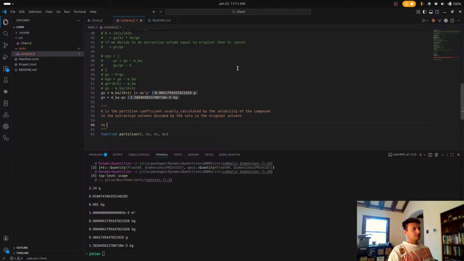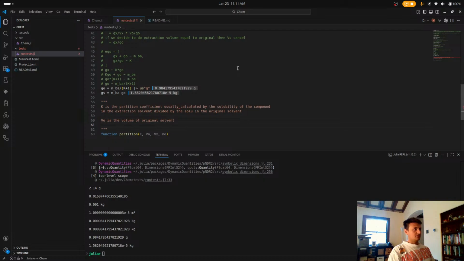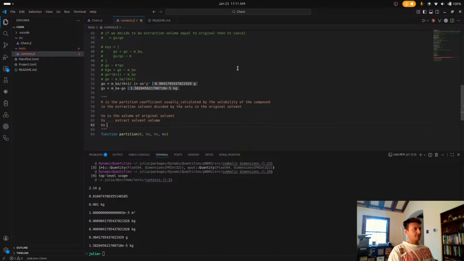VO is the volume of original solvent. VX is the extract solvent volume. MO is the mass of